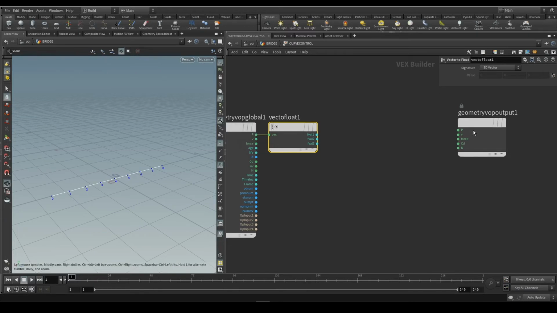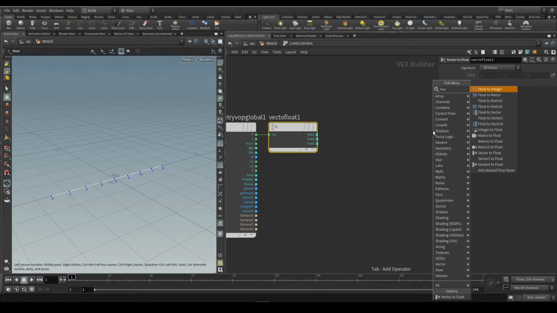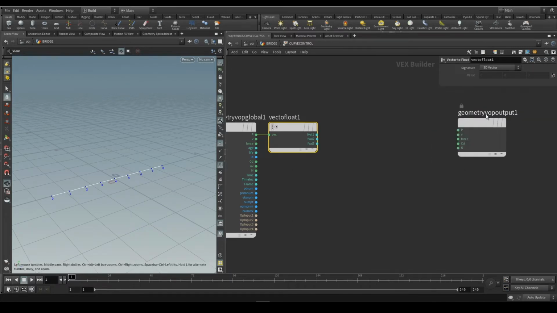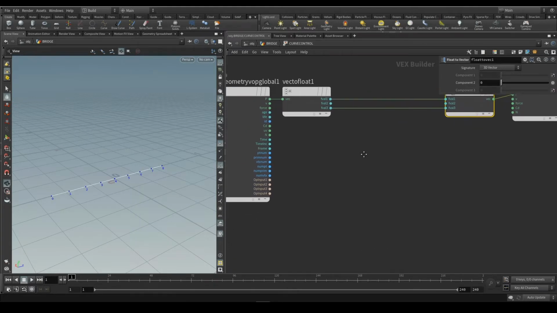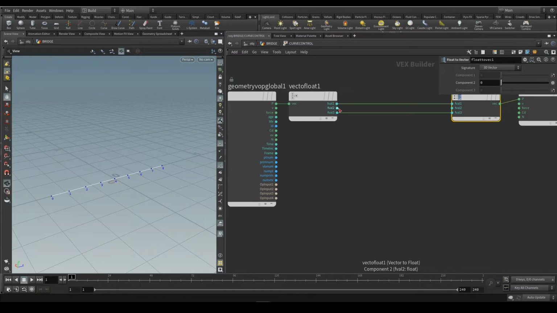Okay, so in the output the point will change, so we're going to give there a float to vector, and the x would be the same, the z would be the same,